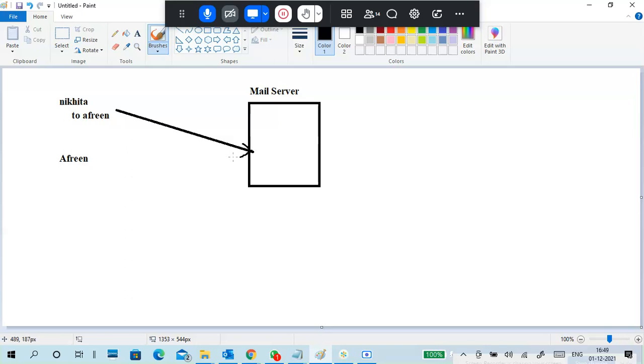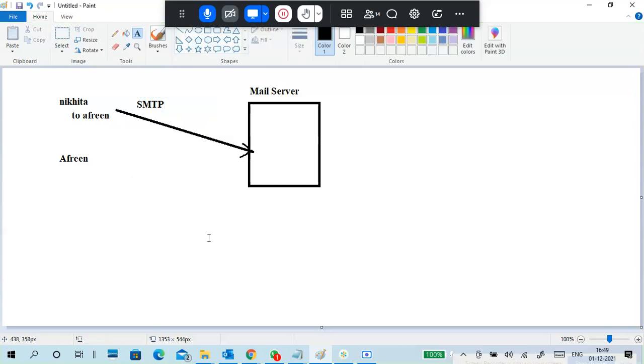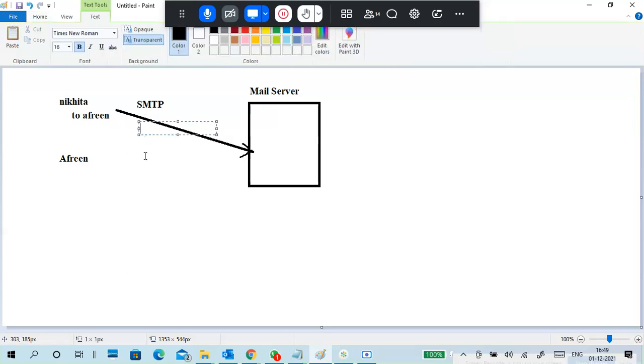When you are sending a mail from your system to the mail server, it uses a protocol called SMTP, Simple Mail Transfer Protocol. Some say transmission protocol, but it is transfer protocol. So we use the SMTP protocol to send mail, from your client machine to your server.